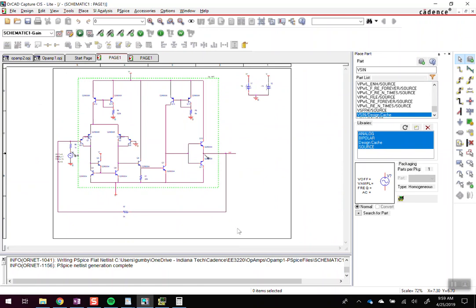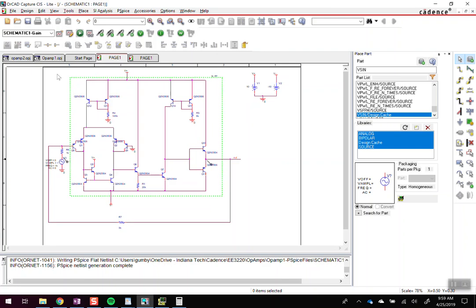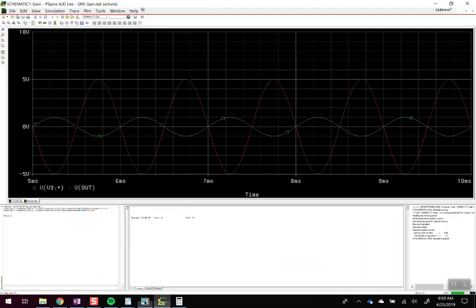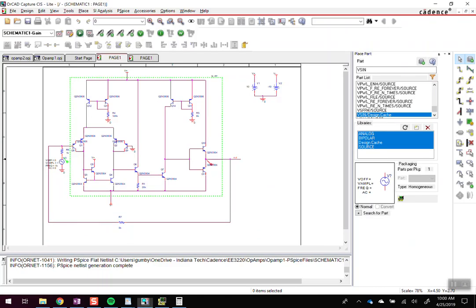And so let me, so it's the exact same amplifier, but now what I've done is I've added in those current mirrors. So we're going to look at seeing if we can figure out what the gain bandwidth product is. And so we can see again that I'm getting the output I would expect, and I